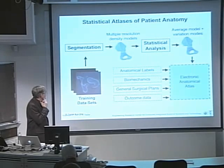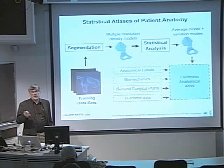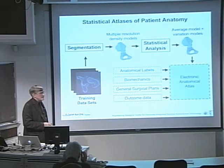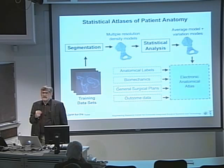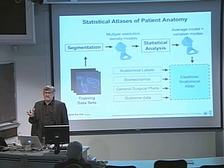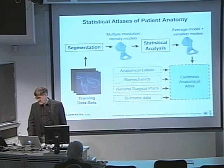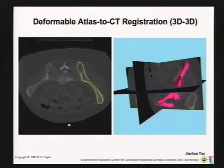I pick one theme to emphasize, and I feel to some extent like I'm preaching to the choir here, but you find very broadly in medical image analysis over the last 5 years, statistical models of populations of patients are becoming more and more central to the research that goes on. And we've been doing a lot of this research. An obvious example, again from my student Zhenhua Yao maybe 8 years ago,